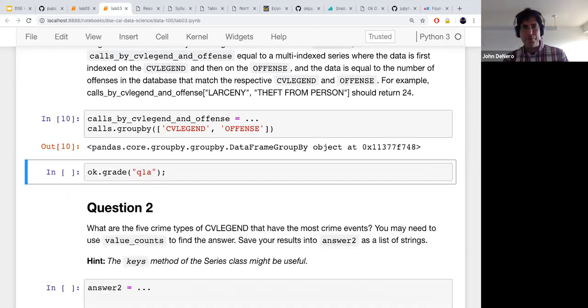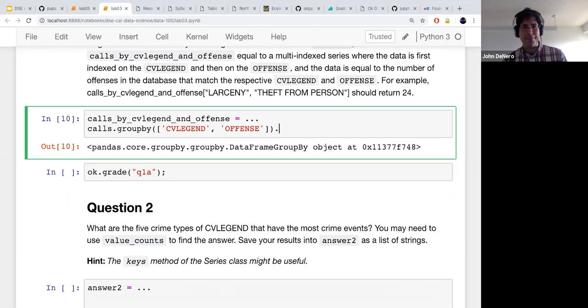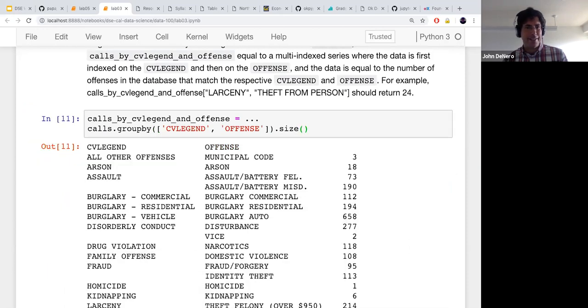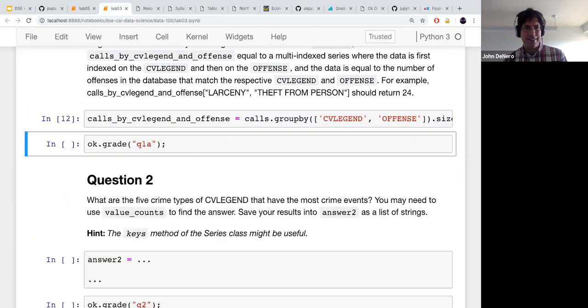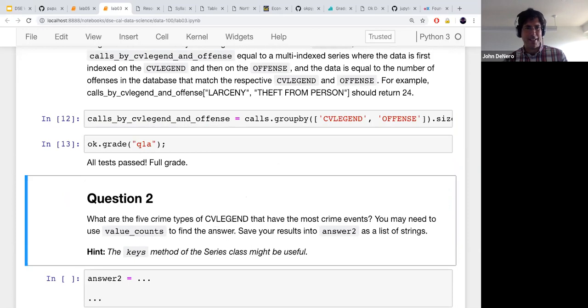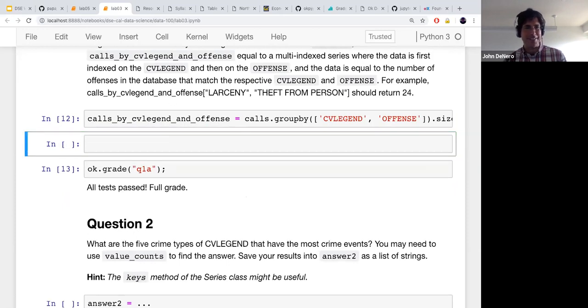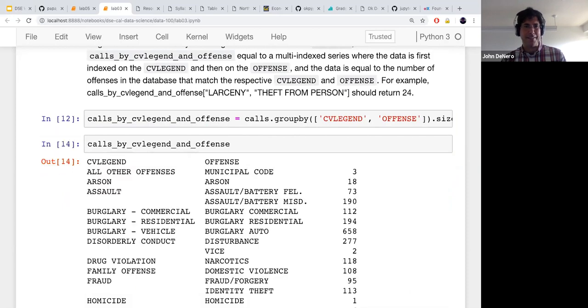Now we have this group by object, and then we have to figure out how to aggregate it. I think that's what they're looking for. So we can just assign it and run some tests. Okay, and then we can actually look at it, calls by CVLEGEND and offense,